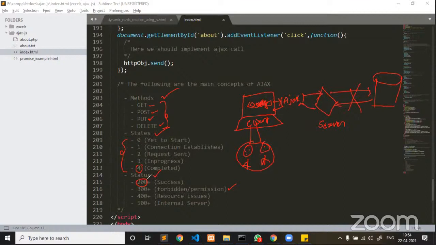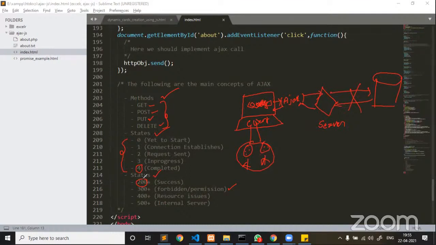Now internally, when you are placing an Ajax call, sending a request is not the only responsibility. And when you ask any question, until that trainer gives a response, you must wait. Some people ask a question and do not even listen to the answer. That is not the right way of placing a request from client to a server.